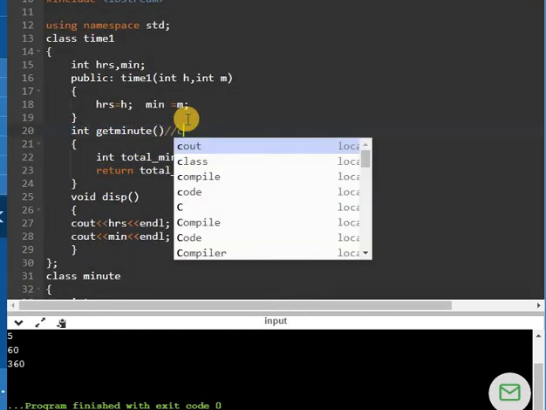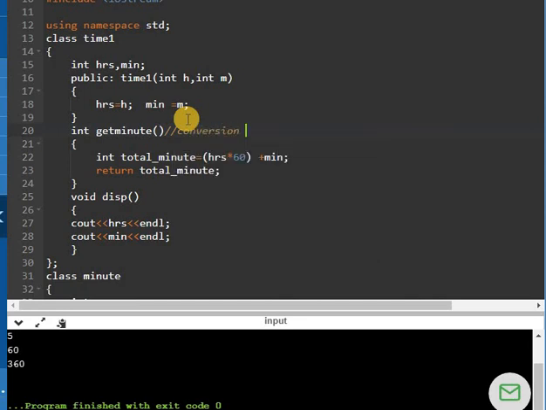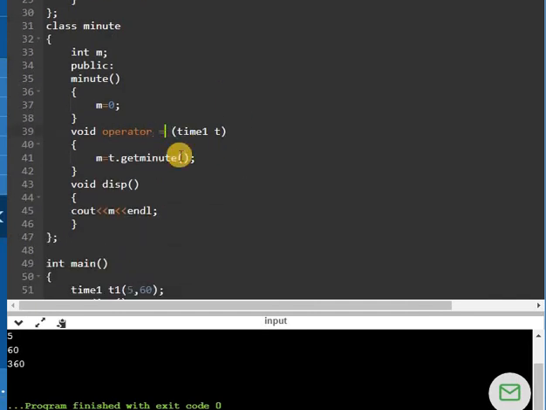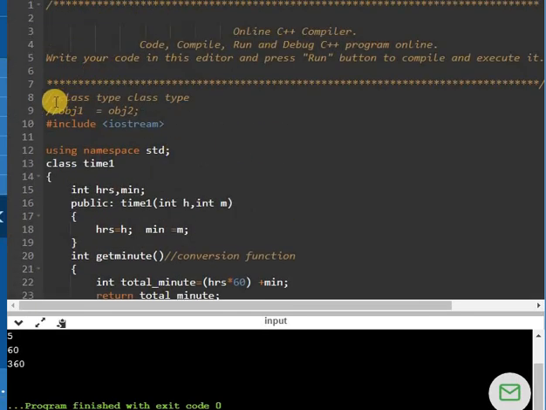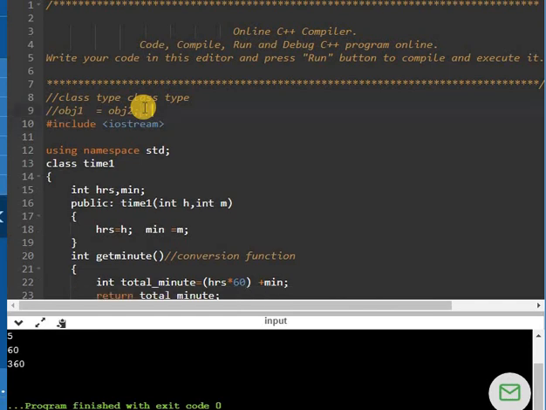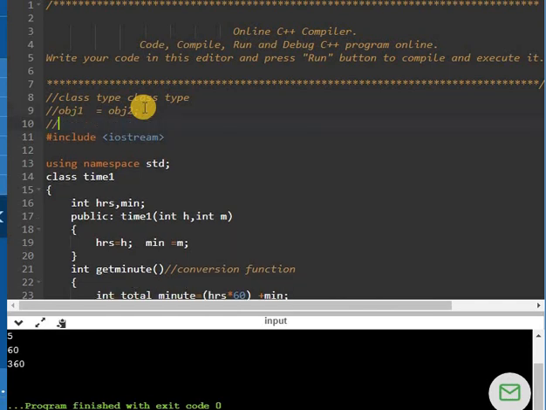So this is the conversion function which we had to write. Okay, this conversion function is extracting the total minutes from the hours and the minutes, and this operator function. So in this class type to class type conversion, if you have one source class and one destination class, I will write here with the complete explanation also so that it will be clear to all of you.